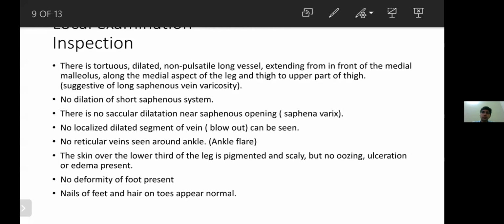Which level? Like telangiectasia, they occur in intradermal venules. Varicose veins occur in the subcutaneous level. Why does it matter then? Varicose and reticular veins are more functional abnormalities, whereas telangiectasia is a cosmetic blemish. So telangiectasia should not be treated unless and until specified by the patient that he has a cosmetic problem with it. There is no functional problem. Telangiectasia is not symptomatic, nor is it required to treat it.